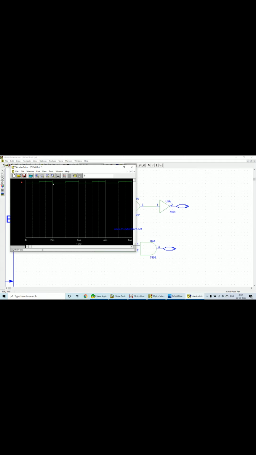Now, if you see this waveform, 0 to 2 milliseconds is the total period, right? One full wave with on and off is one complete period, which is 2 milliseconds. On time is 1 millisecond. See, exactly half of that waveform is this on time, which is 1 millisecond. Definitely the off time will also be 1 millisecond.